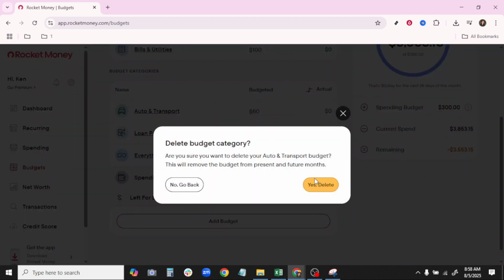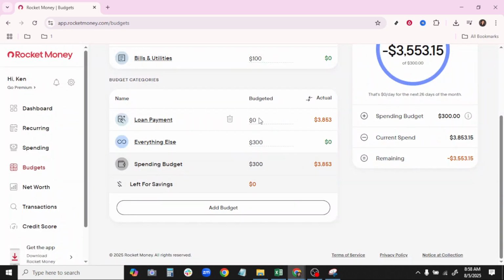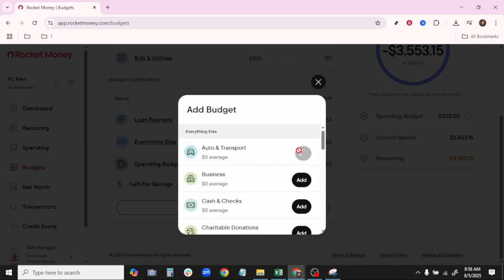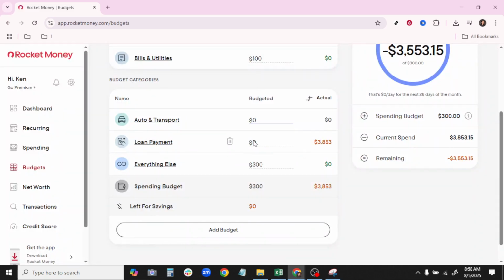Next, you'll be faced with a list of categories from which you can select the area you want to budget for. This step is particularly important because it allows you to customize your budgeting according to specific spending habits or upcoming financial goals. It could be anything from groceries and dining to entertainment and travel. Select the category that aligns with your financial objective, or perhaps one where you feel you need to monitor your